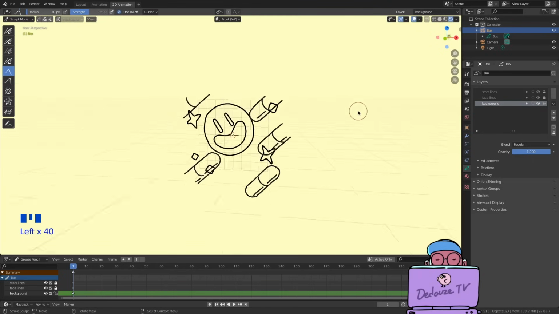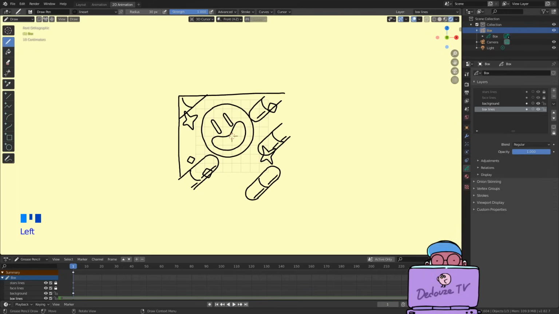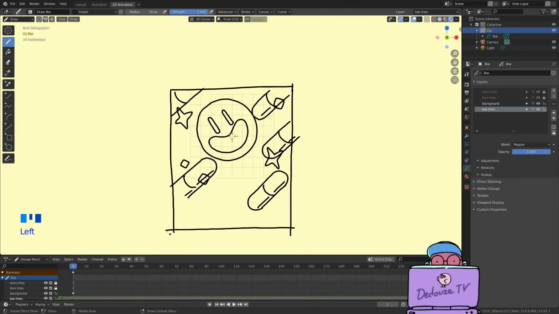I'm going to create another layer for the borders of a box. I call it box lines, and I move it at the bottom of all the layers. And in this layer, I'm going to draw the borders of the front face of our juice box. Now I'm going to show you another new tool. You see on the corners of this box, there are some overlapping lines that we would want to erase. So we can erase them with the eraser.